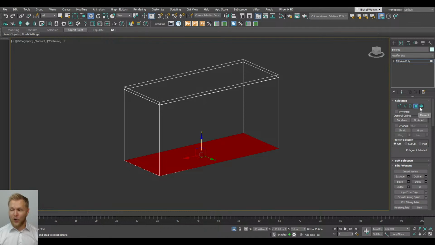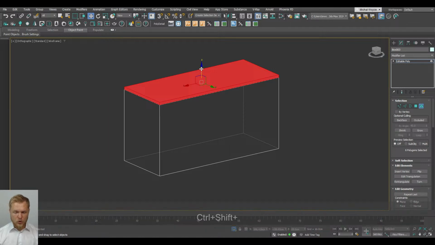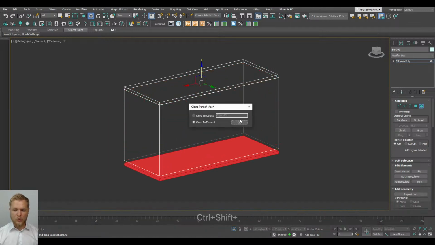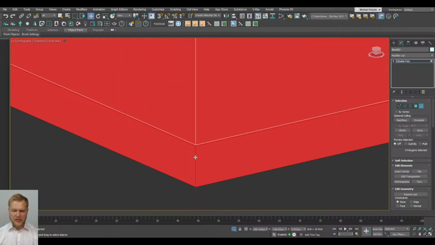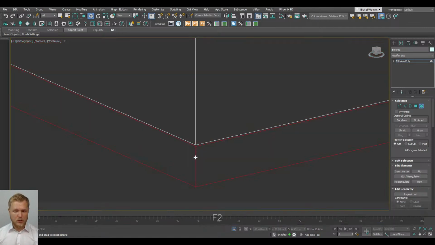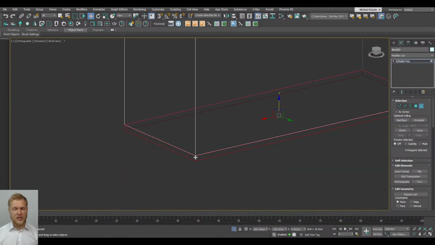Okay, with all of that out of the way, let's select an element yet again, and we're going to Shift Control, drag this element to create the bottom for our furniture. Move it up so it's going to be as close. Sometimes the bright red color is going to absolutely make it impossible to work with any sort of precision. So we can press F2 on our keyboard to turn off our polygon selection, or let's say the way polygons are displayed. They will look kinda exactly like edges, so it's easy to confuse this, but at the same time it's easy to look through this